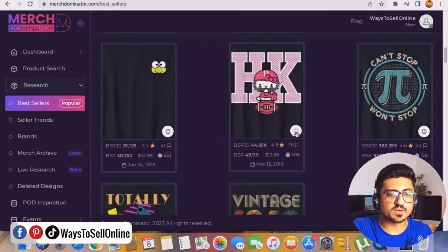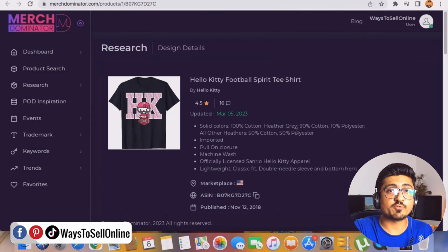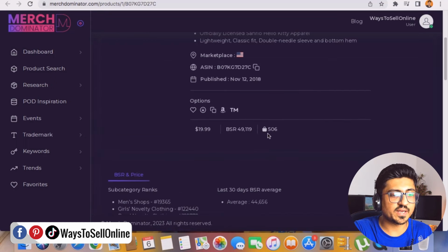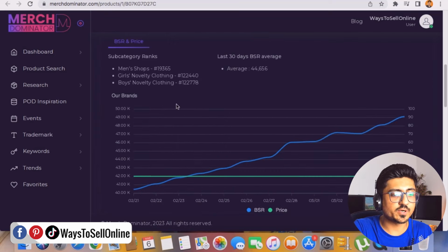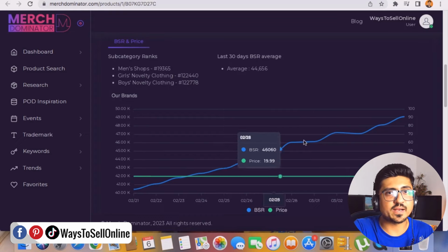If we hover on this button and click here, we will be able to see some more data regarding this t-shirt, like for how long this seller is selling this t-shirt, how much revenue he is getting, what is the marketplace, what is the price, and what is the rating. Here we can see all of the details, like the BSR is 49,000, which is very good, and the price is 19.99, and we can see the sales graph of this t-shirt is exponentially increasing day by day. That means it is a very good idea to sell a t-shirt like this if you want to make